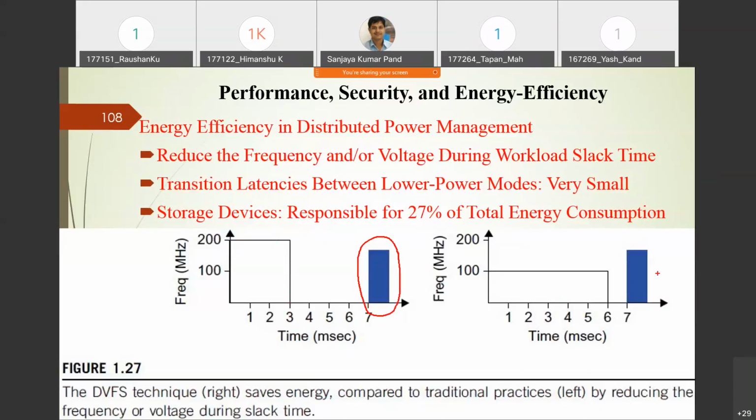So in order to meet the workload, the system should be on, right? You cannot say that all the systems I put in switch off mode. Then in order to start a particular service also it will take time. That's why we reduce the energy up to 100, so it will be there up to 6. Then at 7 it requires more energy, so it provides more frequency at this time unit 7. In this way you can reduce the frequency in order to reduce the energy consumption.